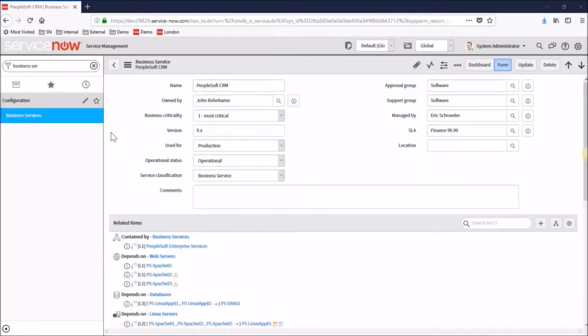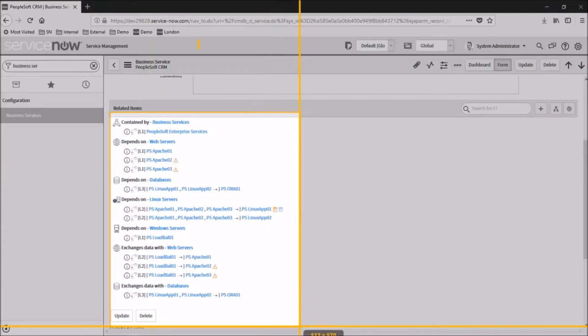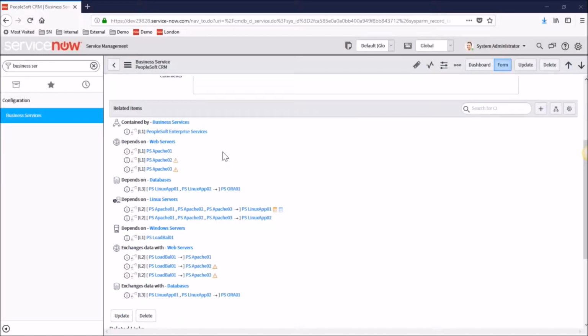Then we also have down here the relationships. So we have a tree view here of all the relationships that exist for this particular business service, tying them to the underlying infrastructure that actually supports this. So we go from the logical layer here to more of a technical layer. We actually get down to the application layer, then servers underneath that. So that's one way to see the relationships, but if we actually wanted to see them the best way possible,